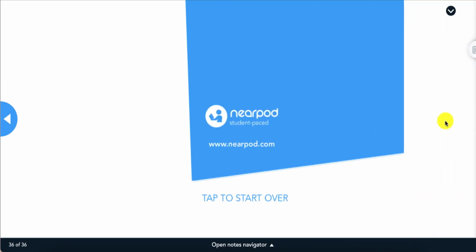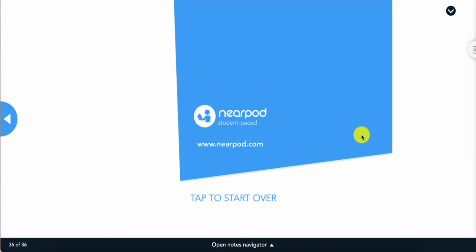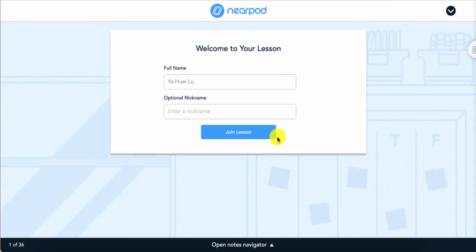So when you are done with the lesson, you will see this blue screen saying tap start to start over. When you click it, it will start over. So that means that you can basically redo this lesson and you can do it again anytime. So if you couldn't finish it in one sitting, you can always come back and you will notice that for the question that you have submitted your answer, the answer will be recorded